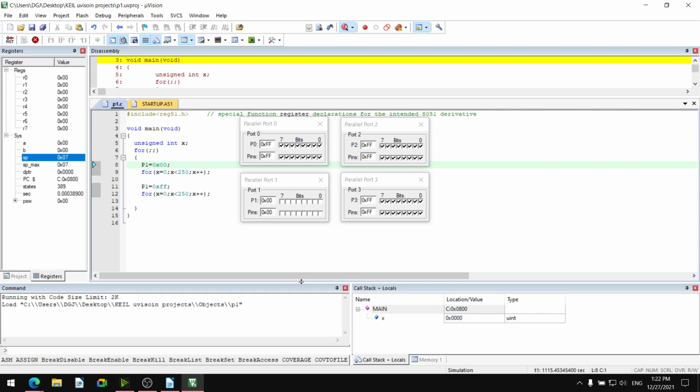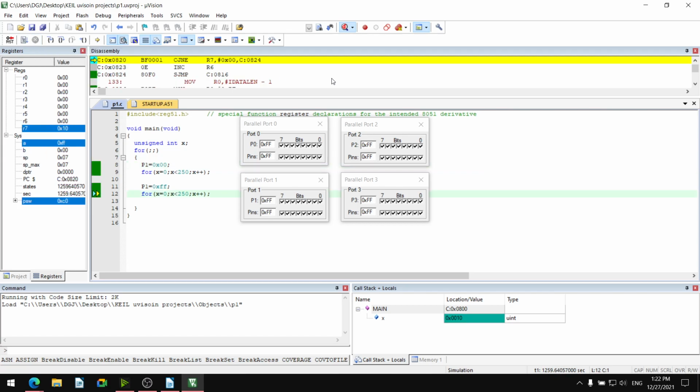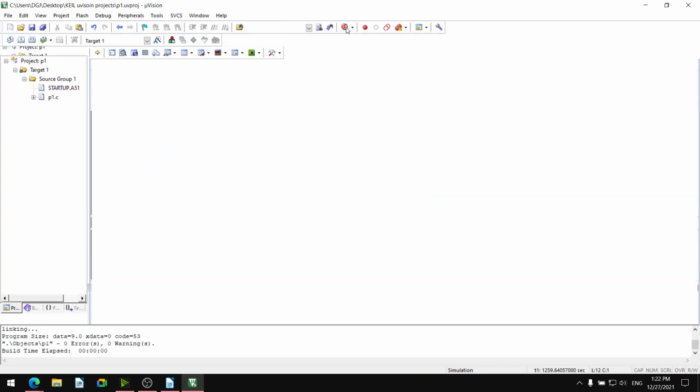So this is displayed here. Okay, I will stop this run. Stop code execution. I will stop the debug. Start/stop debug session is there. Start/stop debug session. Okay.